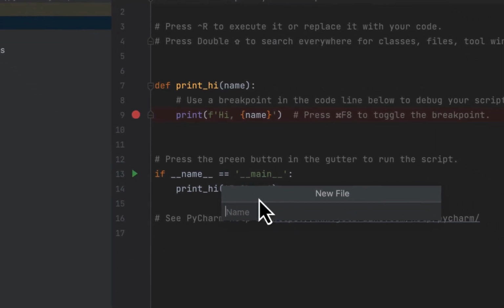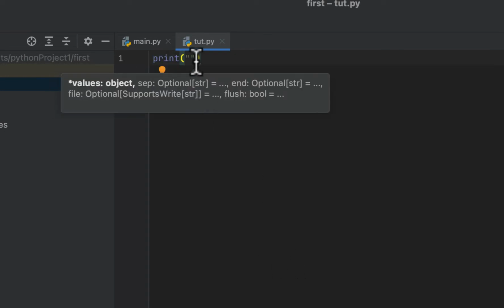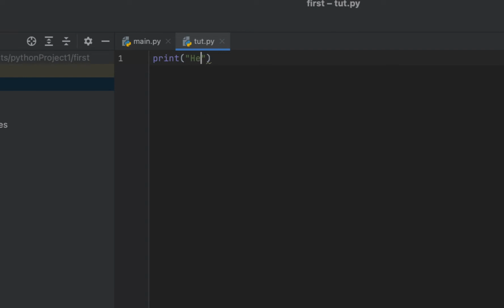You can name it as you want. I say tut.py, that's important for Python. Let me check and see if it works. I write print, open parenthesis, double quotation mark, and I say just hello. I want to make sure this works. I'm going to save,